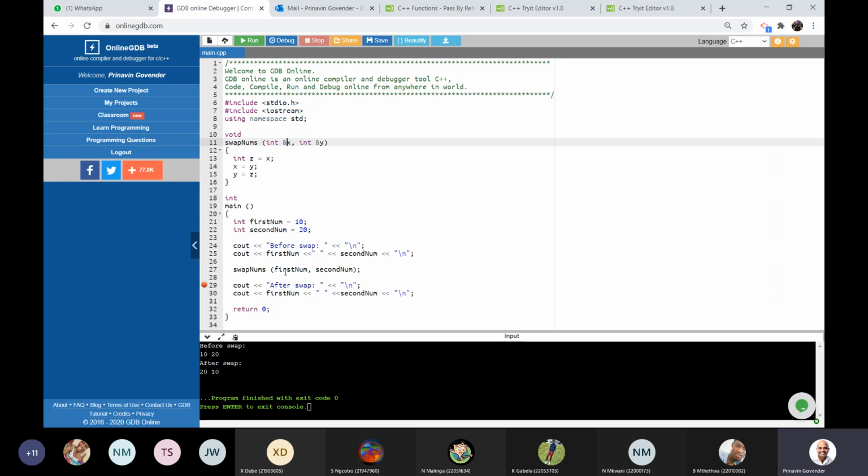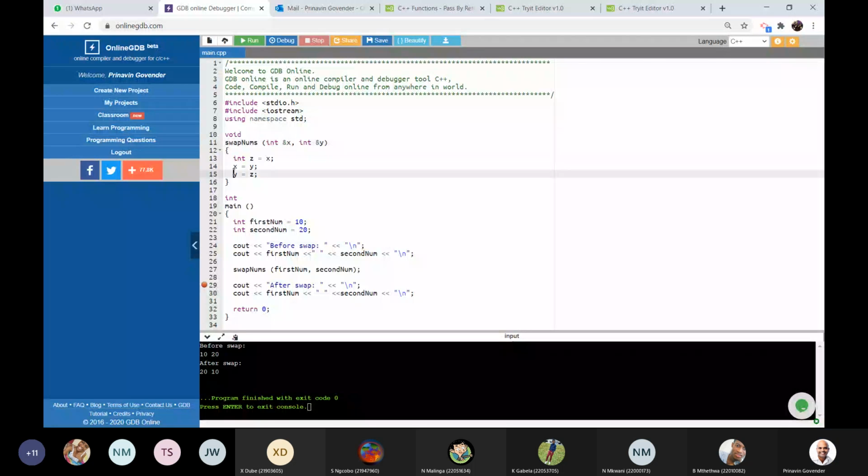So the value 10, which is first num, is transferred to line number 11. X takes on the value of 10. And whatever happens inside line numbers 12, 13, 14, 15,